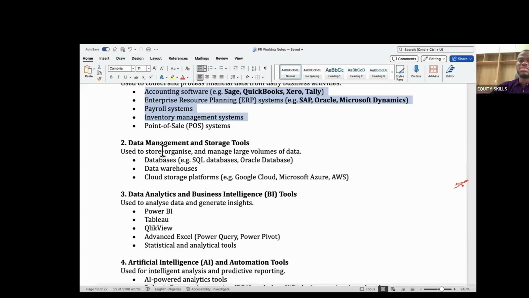Also, another area is data management and storage. Accountants store a lot of data. We have a lot of invoices. We have a lot of payment vouchers. If you get to some offices and look at where they keep their files, you will run back first. It's a gigantic place with huge files. But technology has evolved beyond that, so that you might not even need to print a single piece of paper. There are databases. You need to know about SQL database, Oracle database, that you can use to store any quantum of data, right?